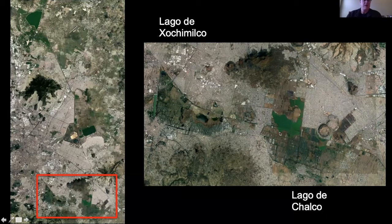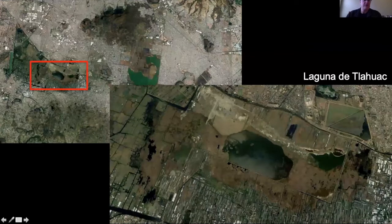The only viable marsh habitat in the entire complex is here in the remnants of Lago Xochimilco. Specifically, the Laguna de Tlahuac is the remnant of eastern Xochimilco. Many marsh birds that have historic records from Chalco and Texcoco persist here, and this is probably the best marsh habitat left in the entire valley. eBird, the online community science database maintained by the Cornell Lab of Ornithology, reports 223 species from this marsh, including grebes, rails, red-winged blackbirds, yellowthroats, and other marsh birds. This site has received designation under UNESCO's Ramsar Convention, the Convention on Wetlands of International Importance, but is not a